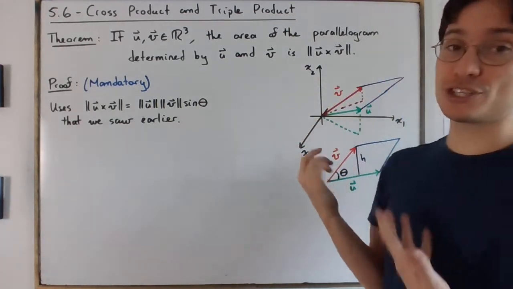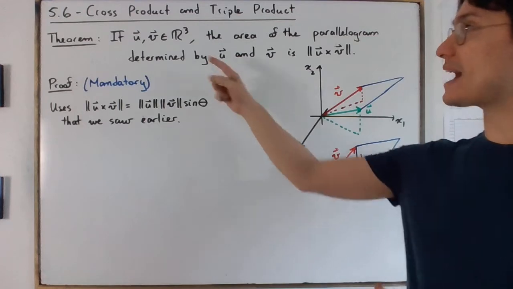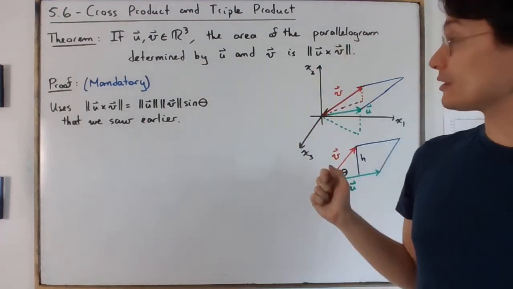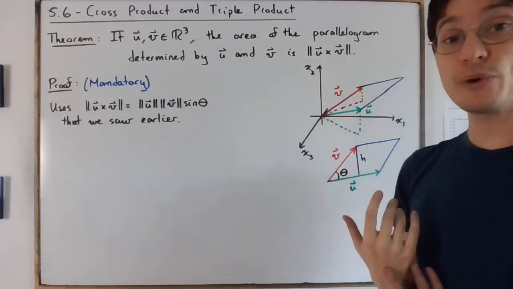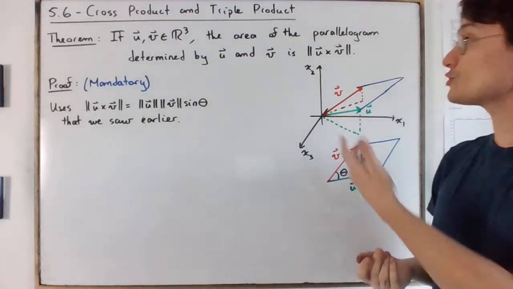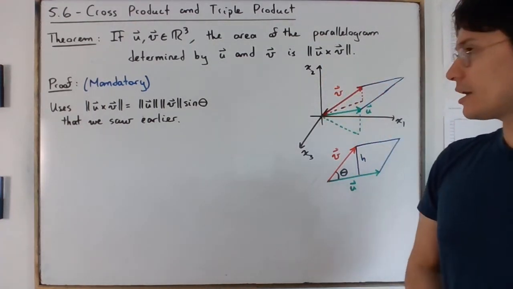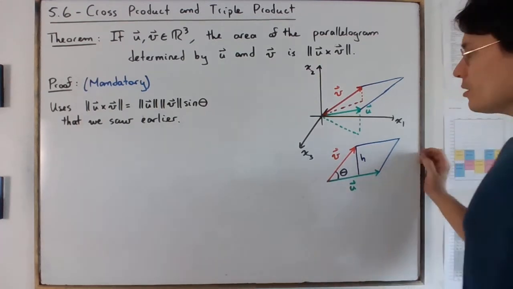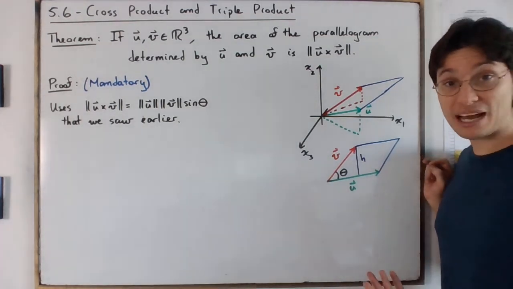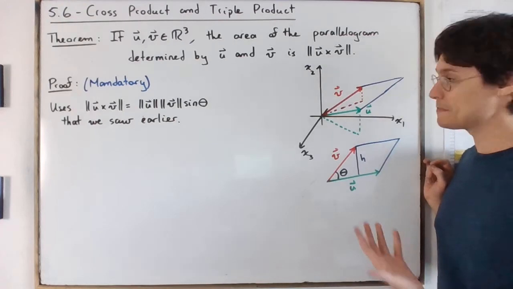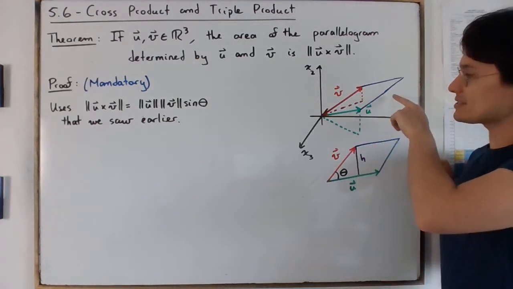And we're just going to prove very shortly that the area of the parallelogram determined by two vectors u and v is actually the norm of its cross product. So just to understand why this formula is important before we move on, it is because it allows